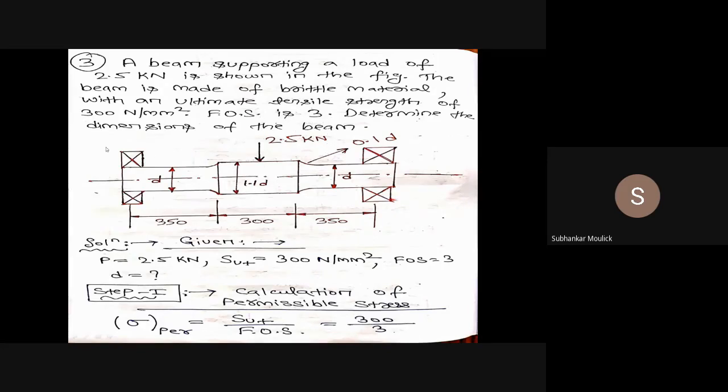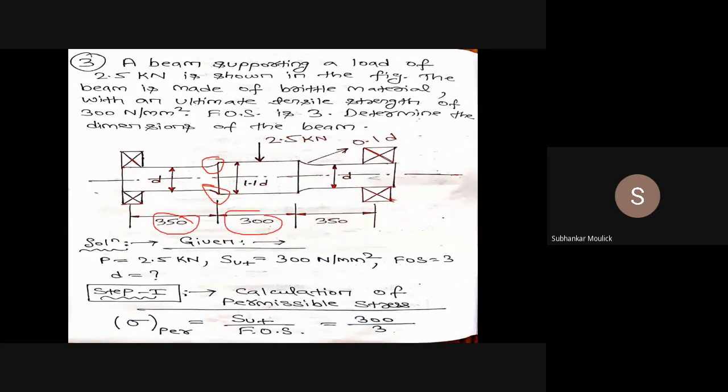That means you can see this is a beam. The beam is supported at two ends by a support. That means this beam is nothing but a simply supported beam. And in this beam, a stress concentration is there. And that stress concentration is at a distance of 350 mm from the left hand side. You can see this is that stress concentration. A fillet has been added over here, as well as at a distance of 350 plus 350.